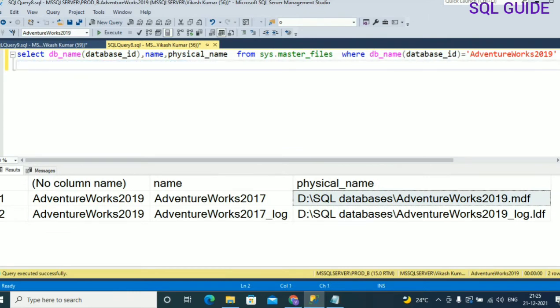Now I have connected with the secondary instance prod_b and I'm going to check the physical file location for the log shipping secondary database.